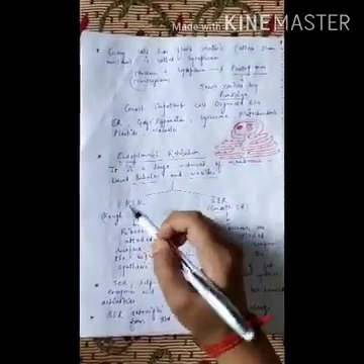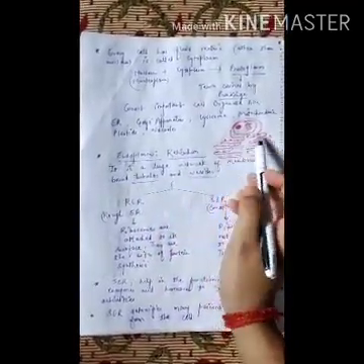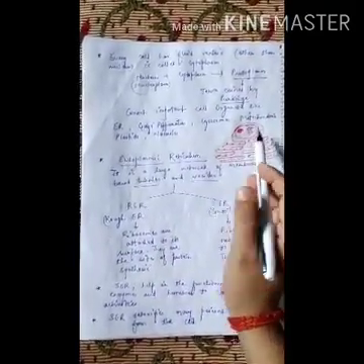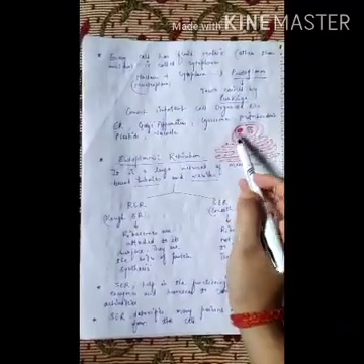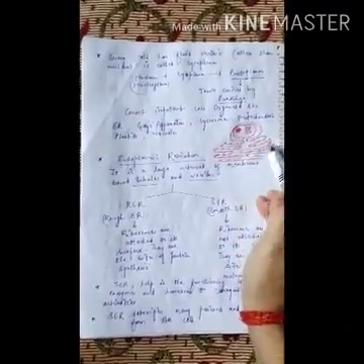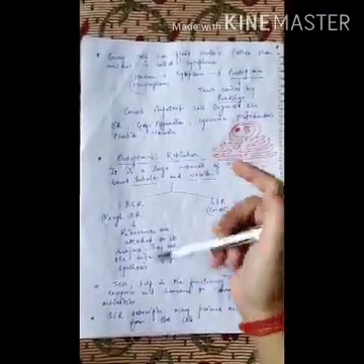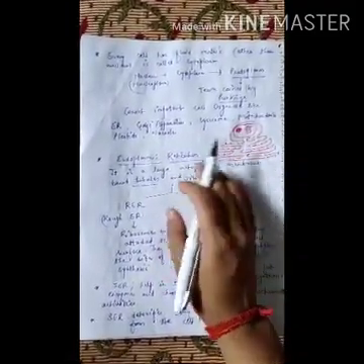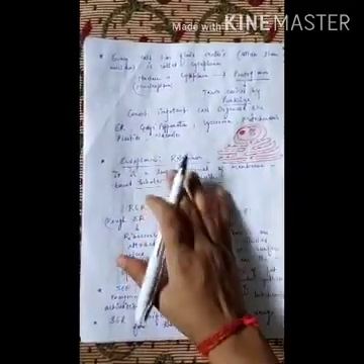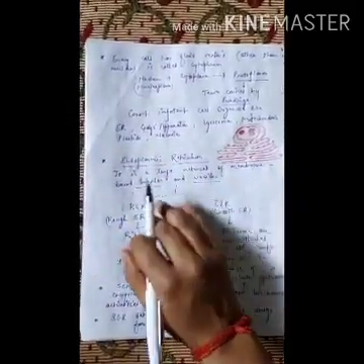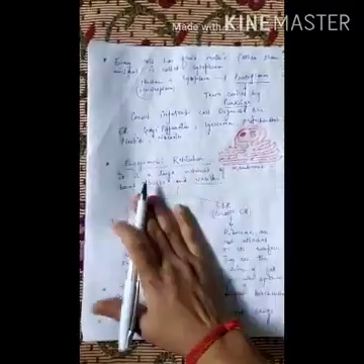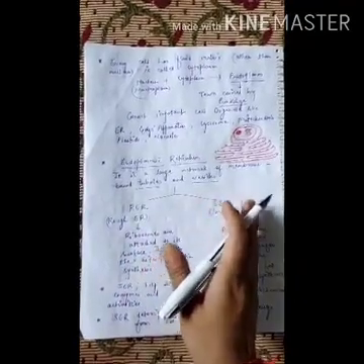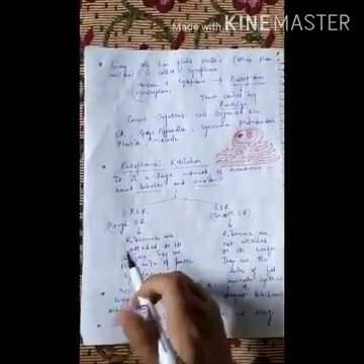Now, what is endoplasmic reticulum? In a cell, where the nucleus is present, around the nucleus there is endoplasmic reticulum. It covers the nucleus. It is a large network of membrane bound tubules and vesicles. Endoplasmic reticulum is divided into two parts, that is RER and SER. RER, rough endoplasmic reticulum. SER, smooth endoplasmic reticulum.